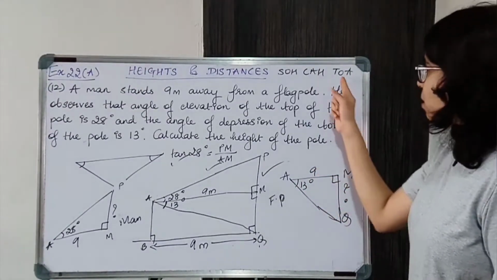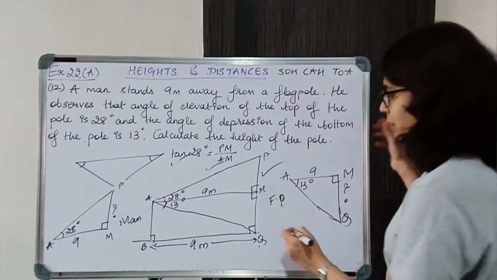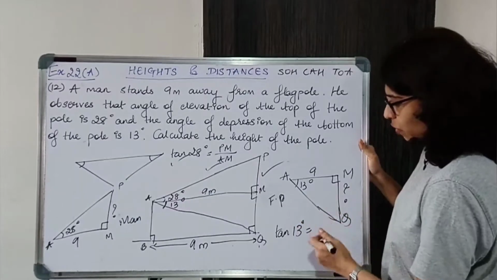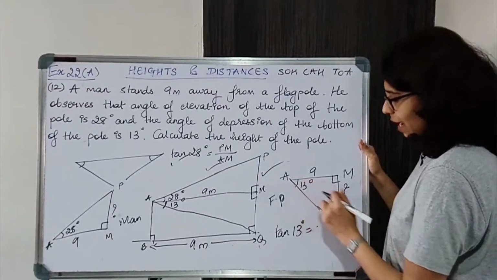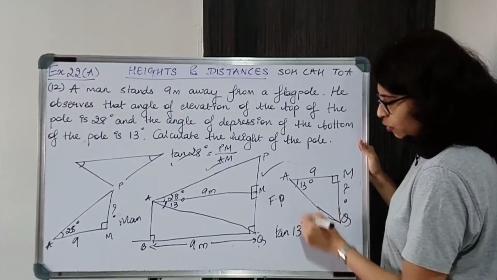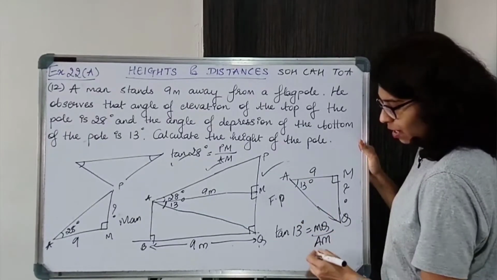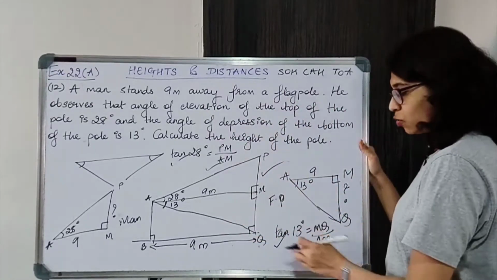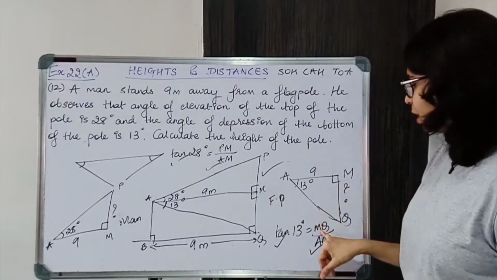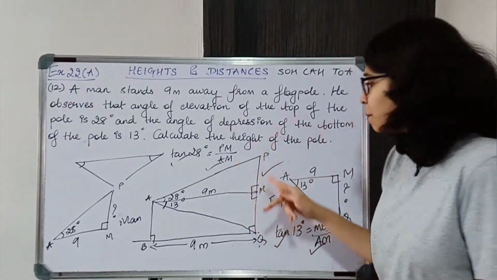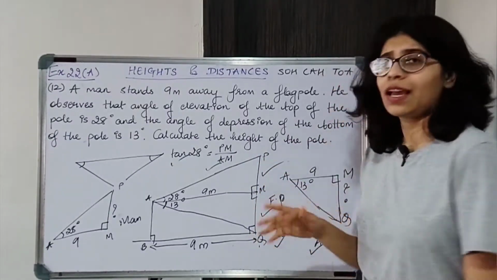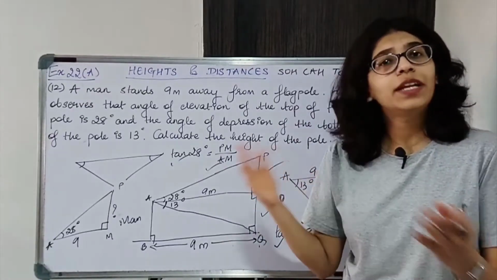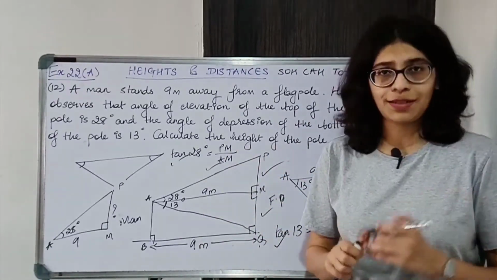Adjacent and opposite का relation again comes in tan. So tan 13 will give me MQ का value. Opposite upon adjacent, angle का opposite is MQ, adjacent is AM. I know this. I'll get the value of tan 13 from the table. So just shift this over here, multiply, and you'll get the value of MQ. Once you get PM and MQ, add it, you'll get the value of PQ, that is the height of the flagpole. So now let us start solving with proper steps.